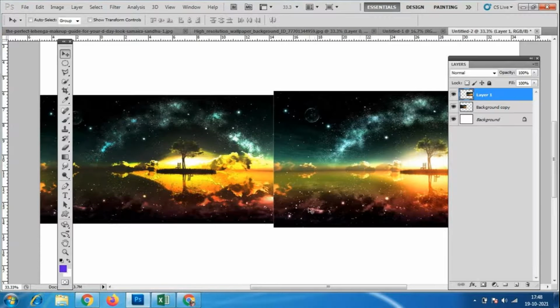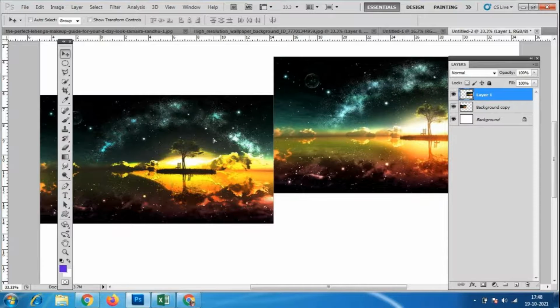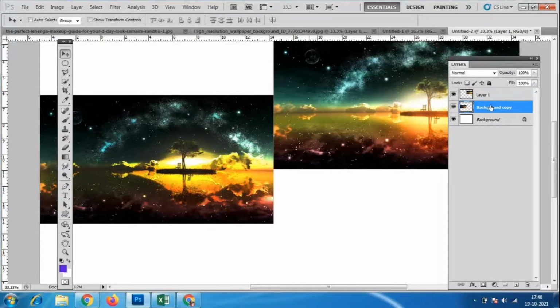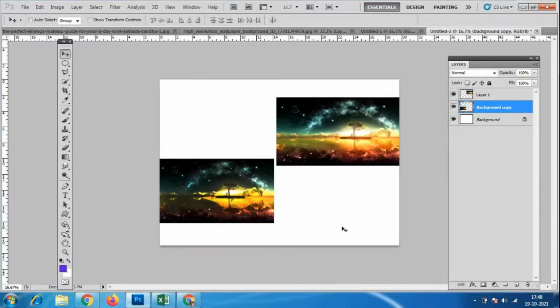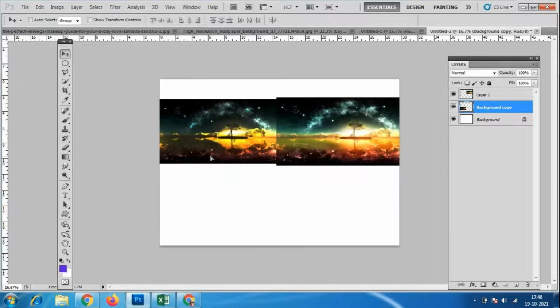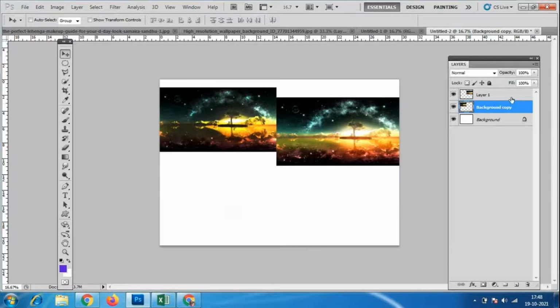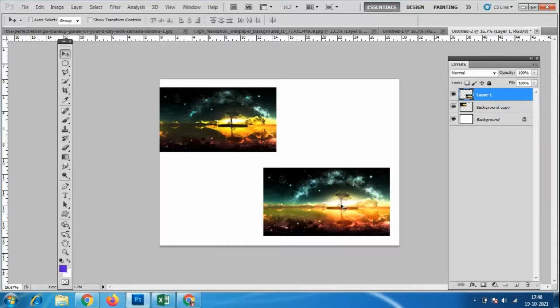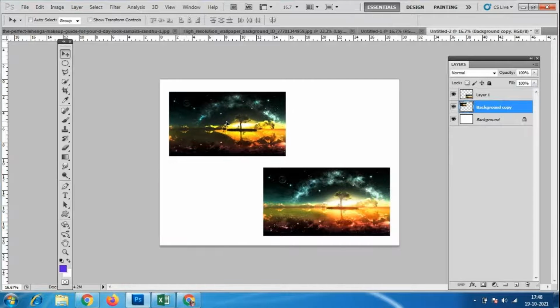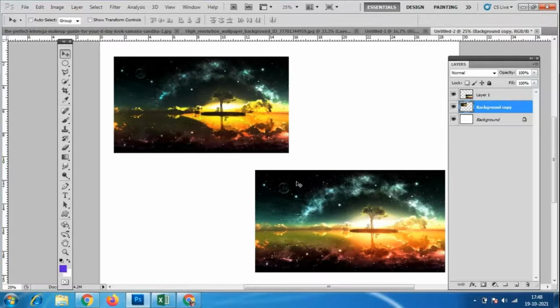You can place it wherever you want, a little up or down. Suppose any four images are there, you can keep them one by one. This is the first one and this is the second one. Before how the image is, and afterwards the changes that happened. So like this you have to present with the layers.